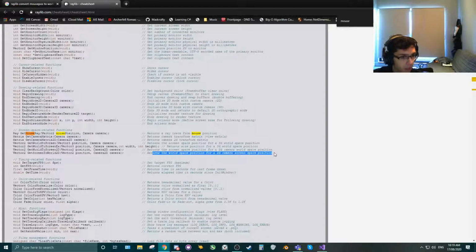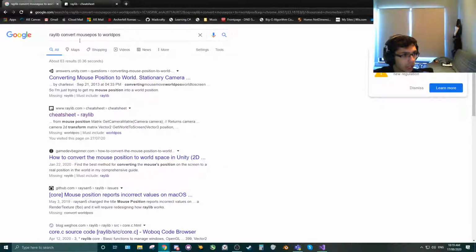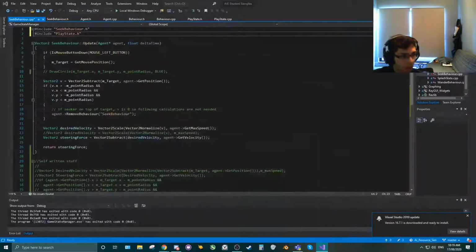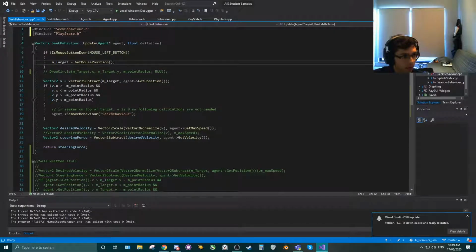Yeah. So yeah, we want to return, I think, get screen to world 2D. Awesome. So then we want to instead get screen to world with get mouse position, and then get